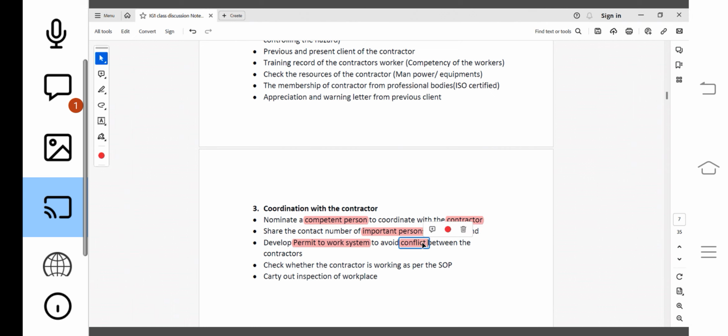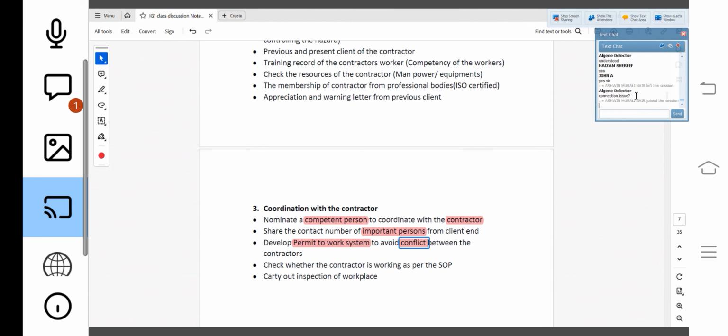Suppose there is a painting activity, and I have also given a contract to a plumbing contractor, and I already have one contractor working on electrical activity. Will the plumbing, painting and electrical contractors' work be conflicting with each other or not? It will be conflicting. It will be disturbing to each other.